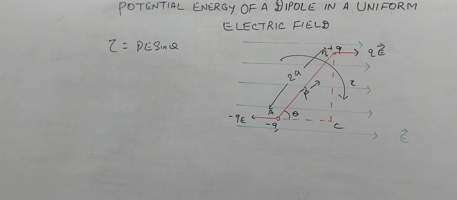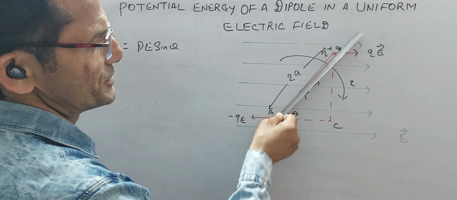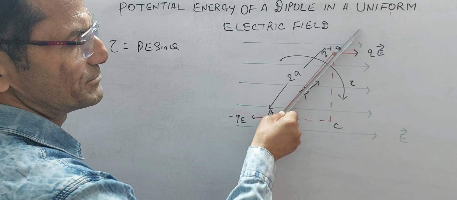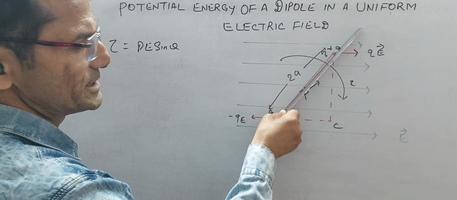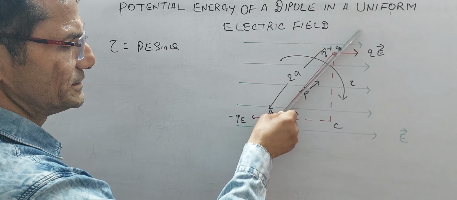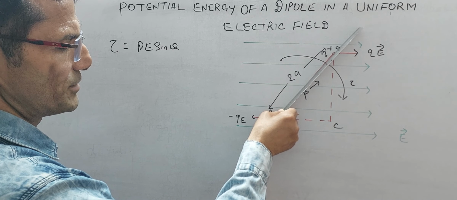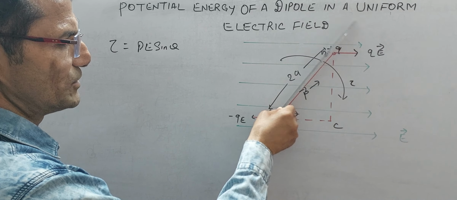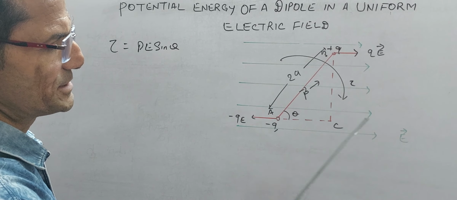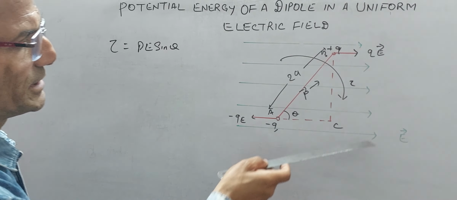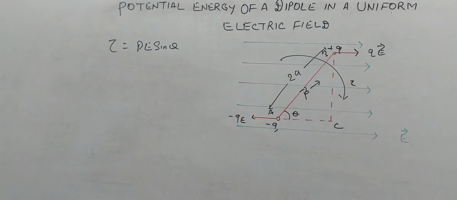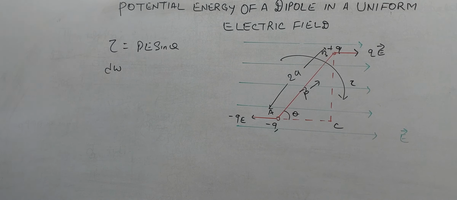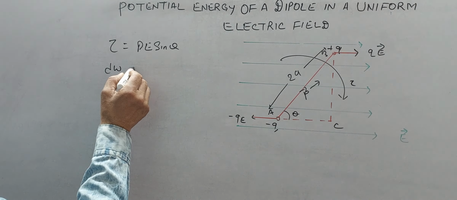Now further, if I rotate this dipole from this position through a small angle d theta, to this position, just an angle d theta from the direction of the dipole moment. Now for doing this, we have to do some work against the torque. Our torque is in the clockwise direction, and you are rotating the dipole in the anti-clockwise direction. So in this case, we have to do some work. The small work done in rotating this dipole in the anti-clockwise direction will be